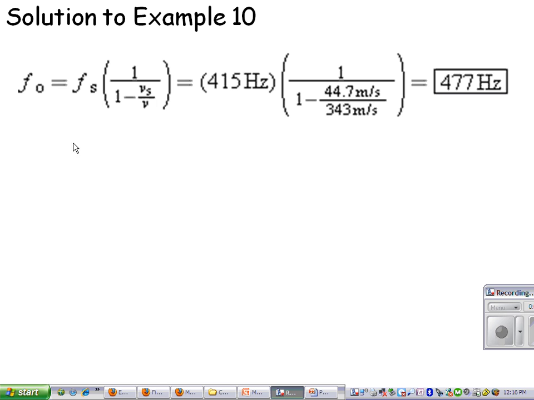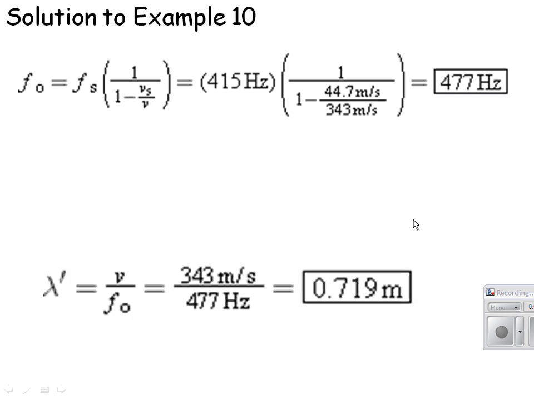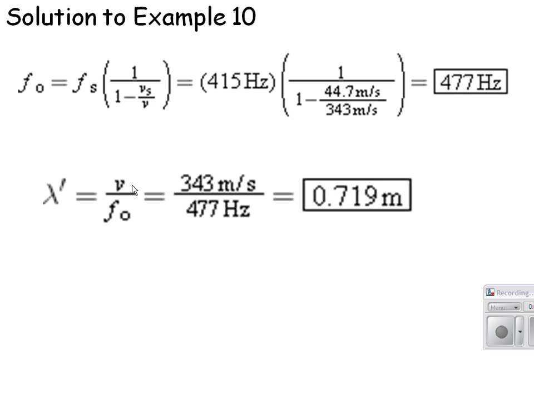Our equation breaks down to this right here, because on top we had the velocity of the observer is 0, so this whole piece went away. We're using the minus sign below because we need to make the number higher, because the train is coming towards us. So we have to make the observed frequency higher, and you do that by making the number in the denominator lower. So you do a subtraction here. Plug in your values and you get 477 hertz. If you want to solve for wavelength, you use velocity equals frequency times wavelength and come up with 0.719 meters. Now if you do this for going away,